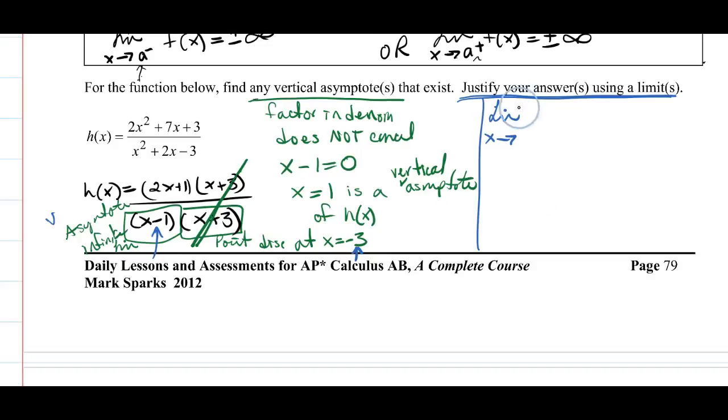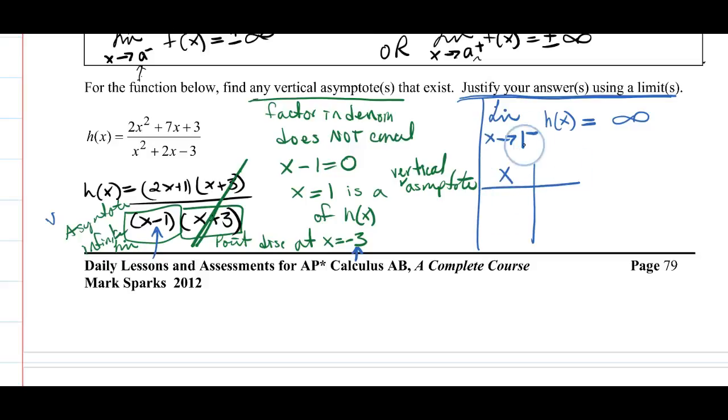So I'm going to take the limit as x approaches 1, and we could choose from the left or from the right. I'm going to go from the left. You could do from the right. The limit of h of x equals, and the whole point here for it to be a vertical asymptote is that this is going to equal either positive or negative infinity. I'm just going to write infinity now, and we'll go back and add a positive or a negative once we find that limit. To find the limit as x approaches 1 from the left, we'll set up our numerical table,